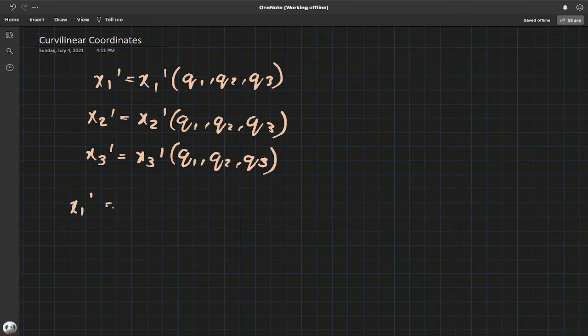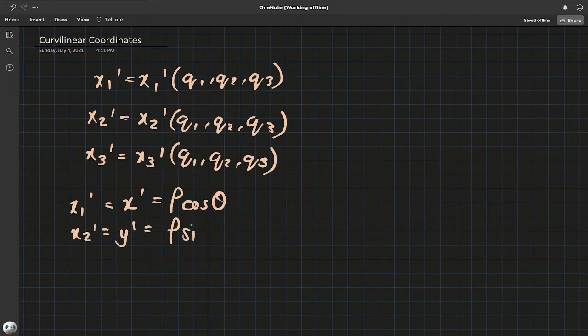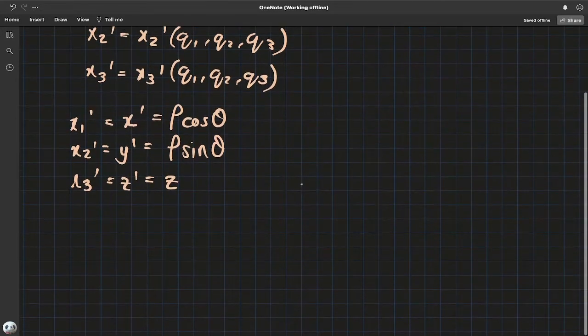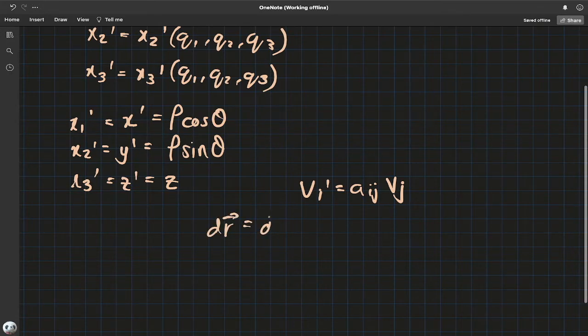So x1 prime can be x prime, because generally prime is Cartesian in this case at least, x2 prime is y prime, which is rho sine theta. This is a cylindrical system. x3 prime is z prime, which is just z. And well, we have vi prime is equal to the transformation matrix applied on vj. The position vector, differential position, is